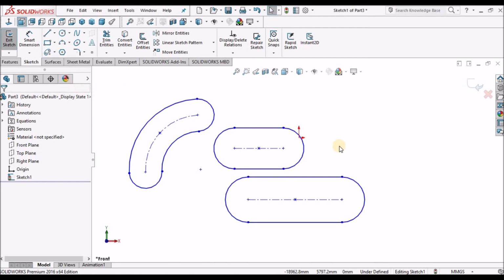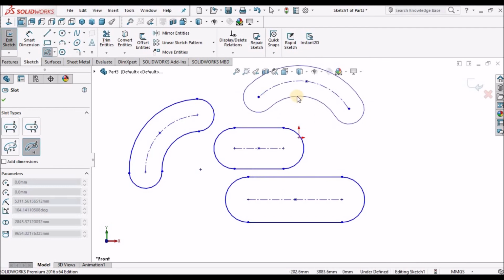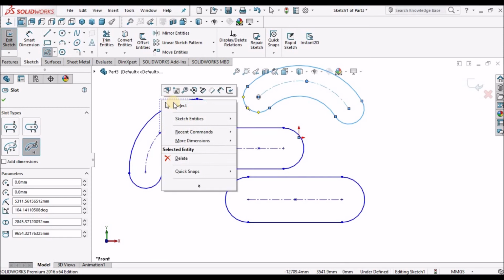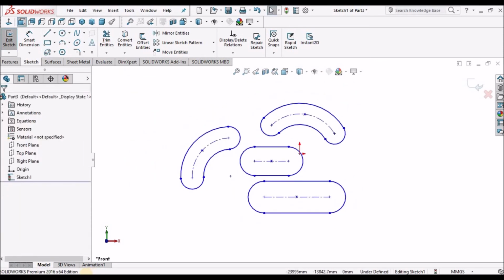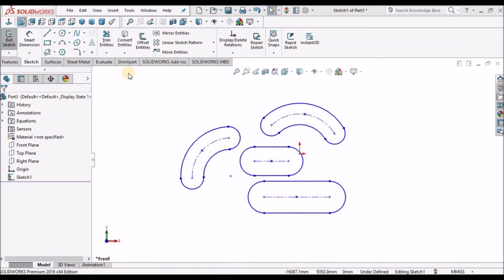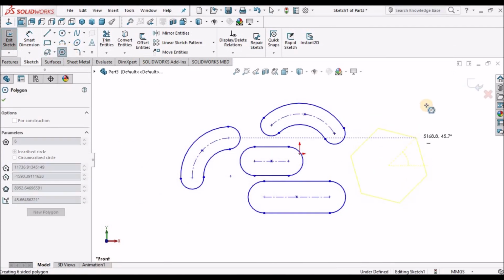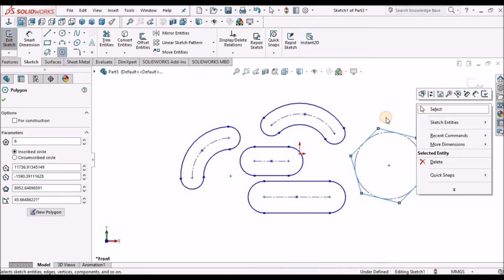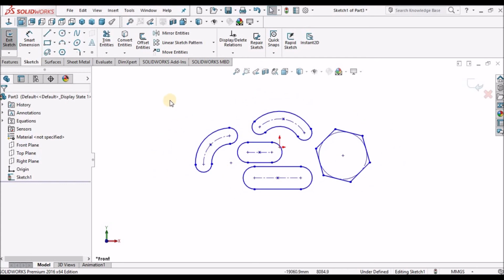And one is center point arc slot. So if I click the origin and place it at any location, these are the different kinds of slots. Next one is polygon. Polygon is nothing but a hexagon. We use it for bolts, nuts and everything.